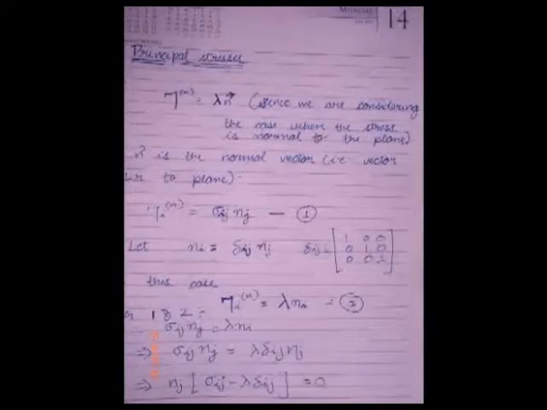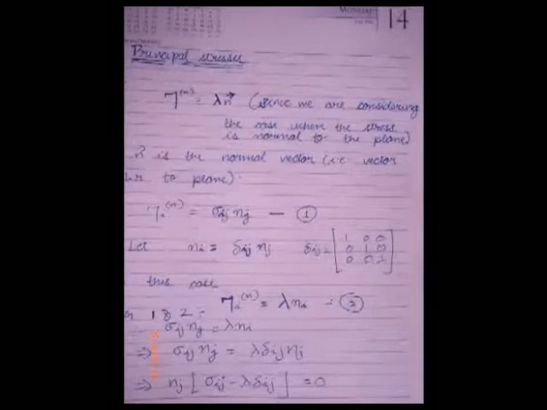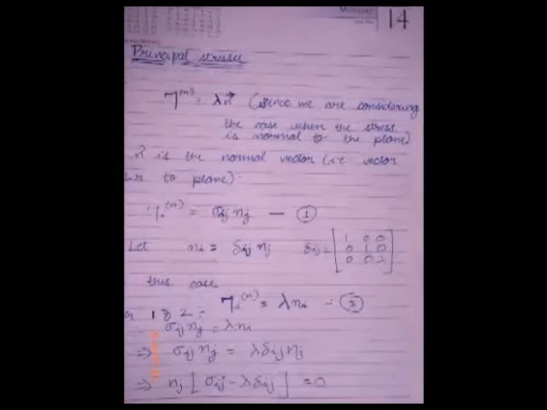So in this case, of course, we have gamma i is nothing but lambda n_i. Now equating it with the general form, that is sigma_ij n_j, we have sigma_ij n_j is equal to lambda n_i. Now n_i is nothing but delta_ij n_j. So doing some mathematical steps, we arrive at this final equation, which says n_j into sigma_ij minus lambda delta_ij is equal to 0.